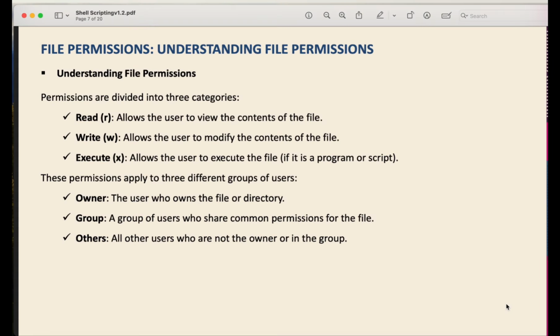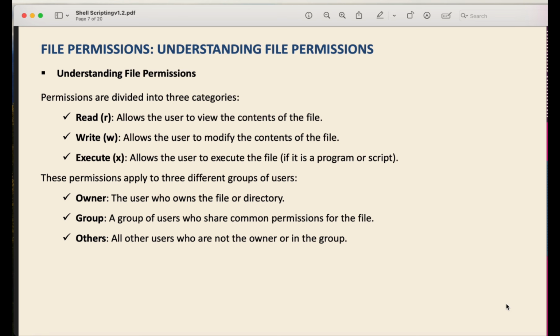So the next topic is file permission. We'll understand how to change the permission of the file and directory in the Linux operating system. Before going to understand the different kinds of file permission, let's quickly recap what you have learned so far. In the first topic, we have learned file management, how to create a new file using the vi